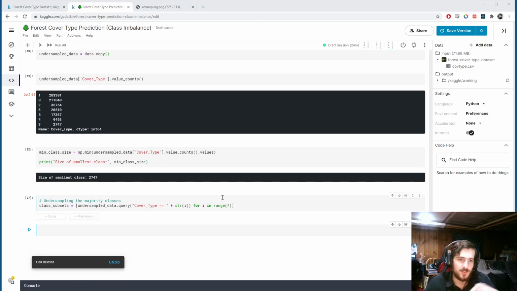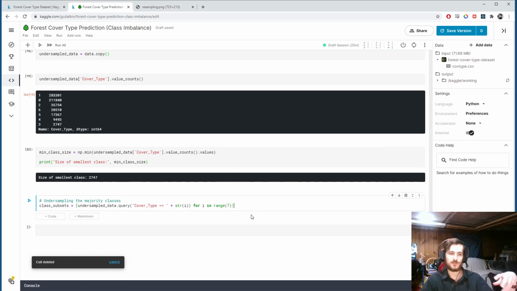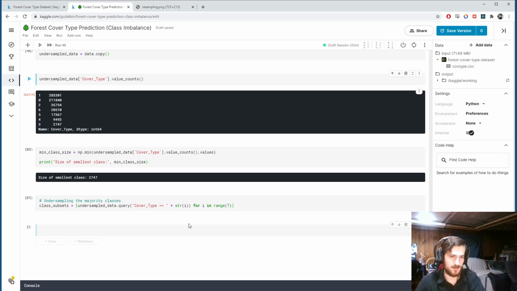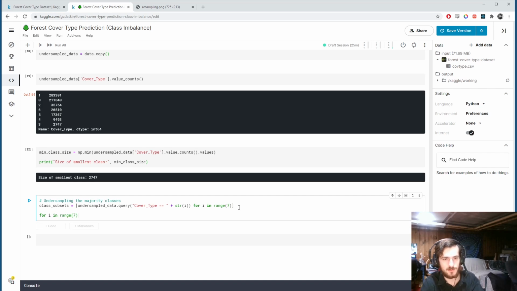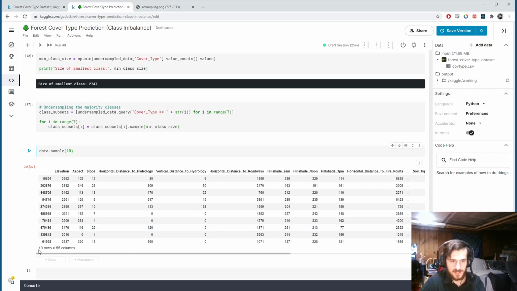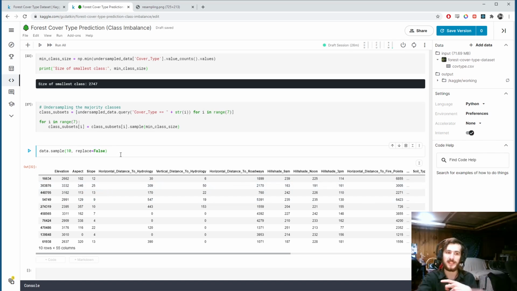So now what we're going to do is go through each class subset and redefine it as a sample of 2747 examples from each class subset, and then reassign it to that subset, if that makes sense. So for i in range 7, so for each class subset, class subsets sub i equals class subsets sub i dot sample min class size. The dot sample function, if you want to look at it, here's our data. If we do data.sample 10, it will get 10 random rows from the dataset. I also want to note that we can include replace. By default, replace is false, which means sample without replacement, which means once you draw a sample, you can't sample the same sample again